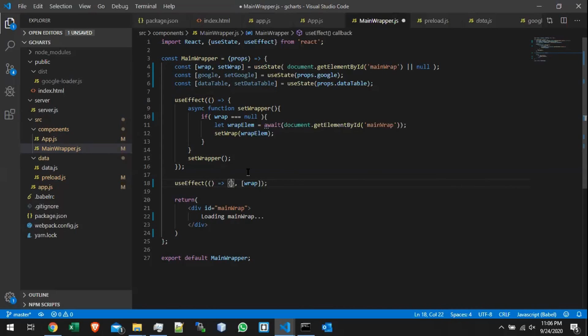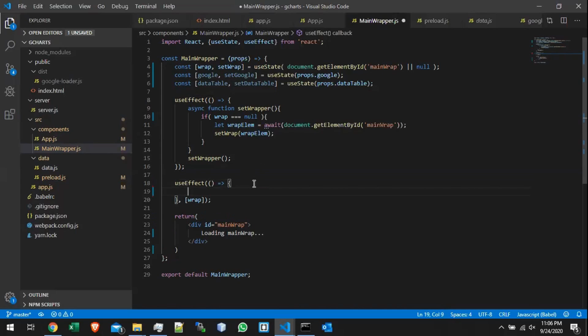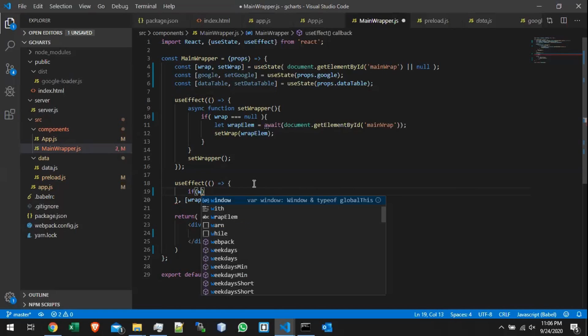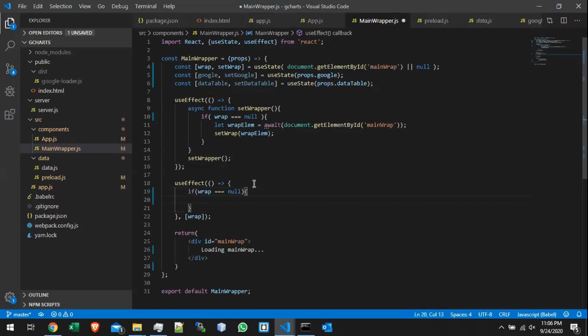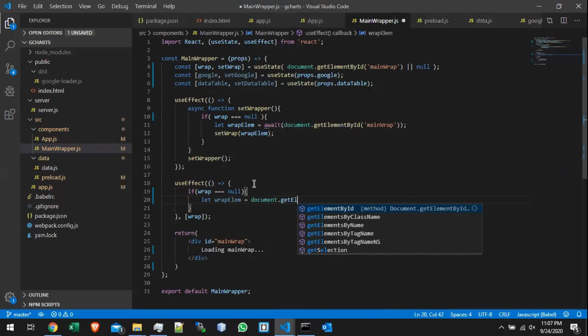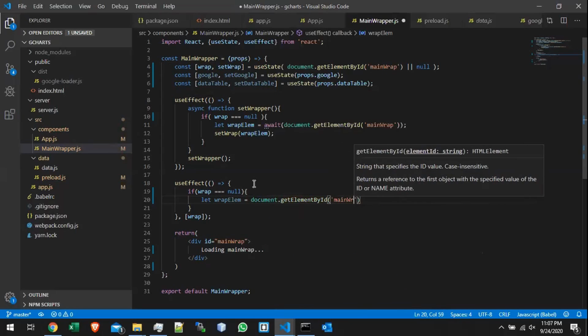And when wrap updates its state, we can check again to make sure wrap is not null. If wrap equals null, then we'll let wrap lem equal document get element by ID main wrap,